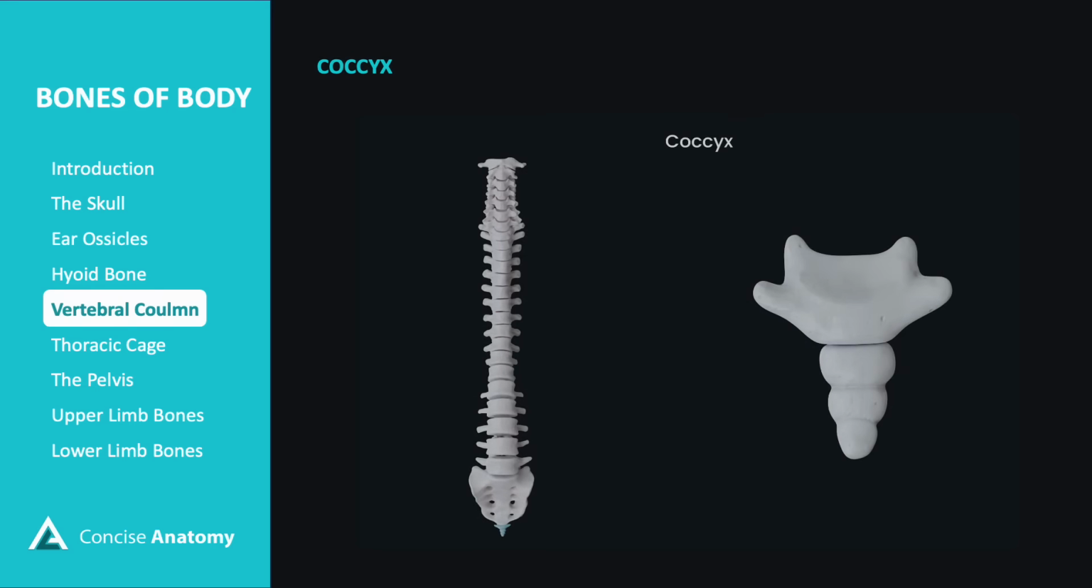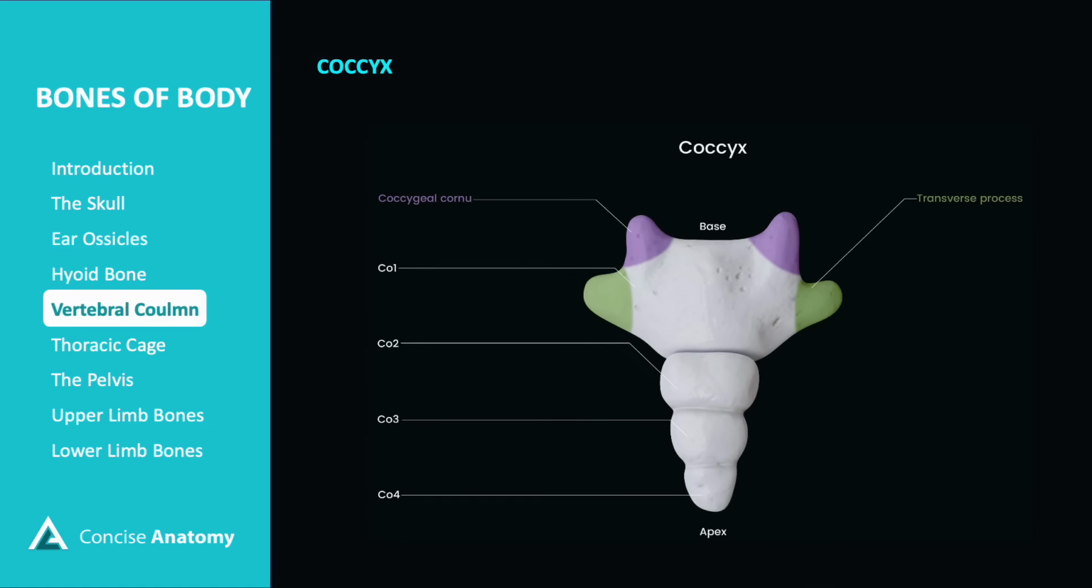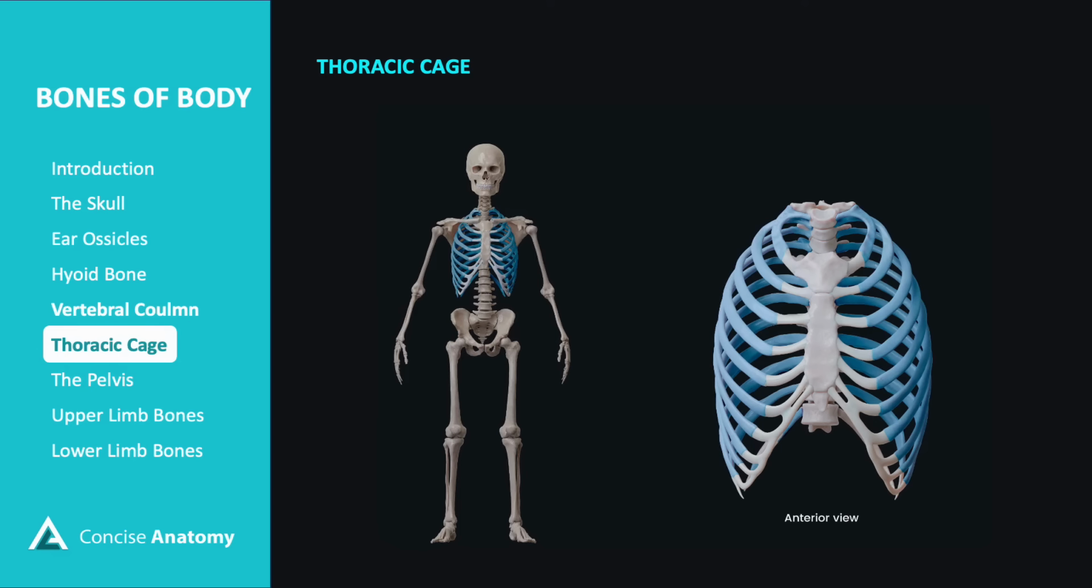foramina. The coccyx, commonly known as the tailbone, is the small triangular bone at the end of the vertebral column, formed by the fusion of 3 to 5 coccygeal vertebrae. It has a base that articulates with the sacrum, an apex at the inferior end, and lateral cornua that connect to the sacrum. The thoracic cage, also known as the ribcage, consists of the thoracic vertebrae, ribs, and sternum,